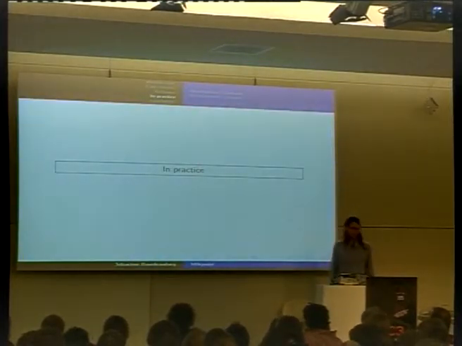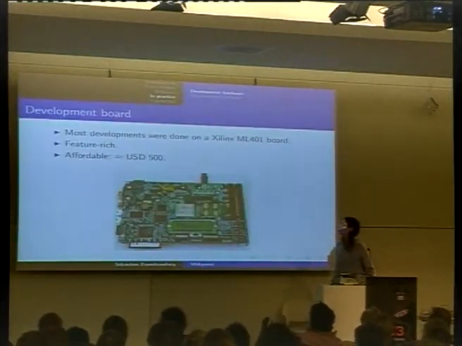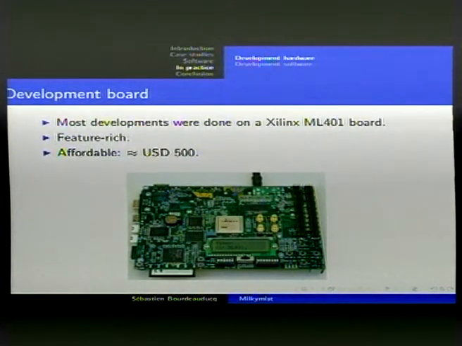So now let's cover some details about how you could develop FPGAs yourself. First, the development board. Most of the development was done with the Xilinx ML401 board, which is pretty feature-rich. I have brought one here. So this board has a VGA output. It has some serial port for debugging. It has some USB, a CF card reader, LCD screen, DDR SDRAM, audio. I think that's all, basically. Oh, it has Ethernet as well, gigabit Ethernet.